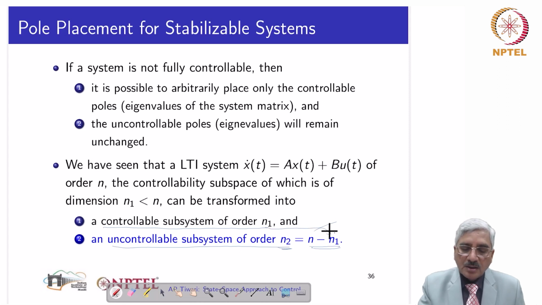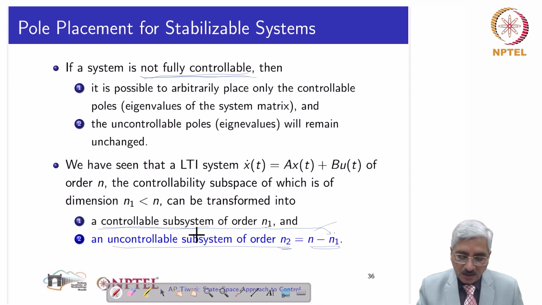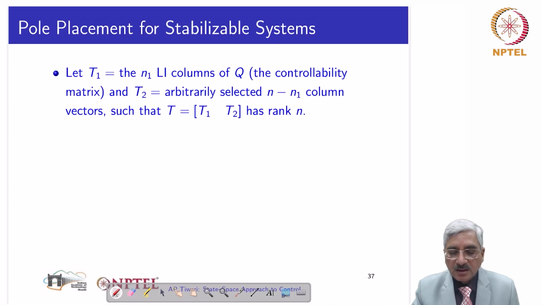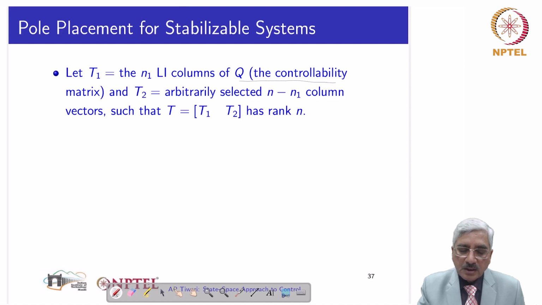So the uncontrollable system, a system which is not fully controllable, can be decomposed into a controllable subsystem and an uncontrollable subsystem. How it is possible to do, we have seen earlier and we recall. So what we do, from the controllability matrix we pick up the linearly independent columns as T1, and the remaining columns T2 we arbitrarily select, and we get the transformation matrix T, and through this T